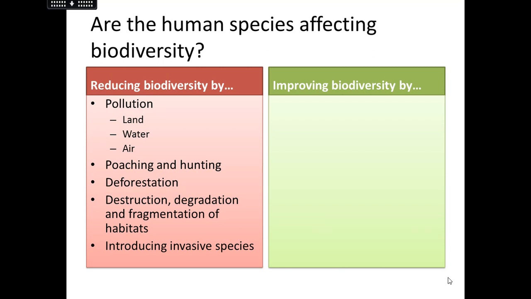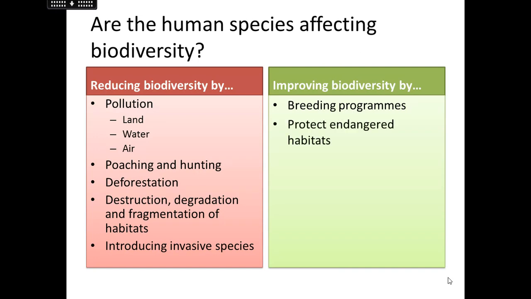It's not all bad. We have recognised that we are not doing the best for biodiversity on our planet. We are trying to do some things to improve it. So we've got breeding programs, specifically zoos. Bristol Zoo is a brilliant example of a breeding zoo. Endangered species can get brought in and breeding is encouraged. If it works, then their offspring can be sent somewhere else to breed with a different one. And so you end up with a bigger gene pool so that not everything ends up interrelated, which can obviously have issues genetically.